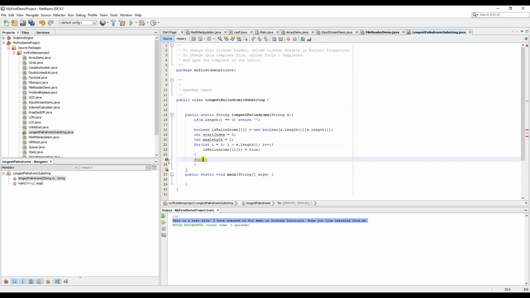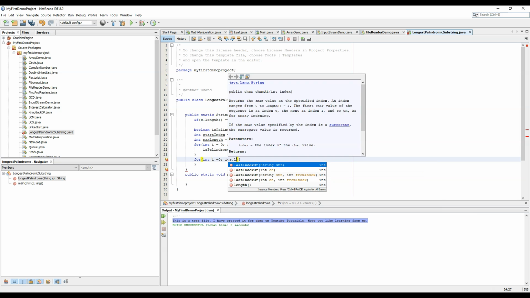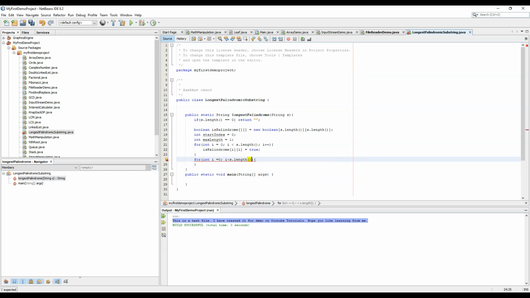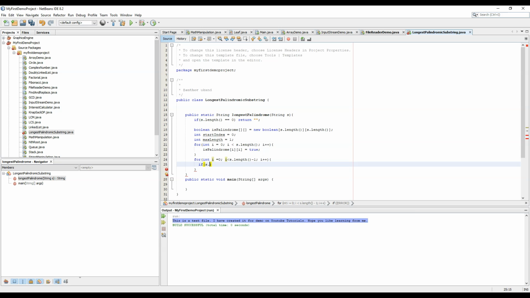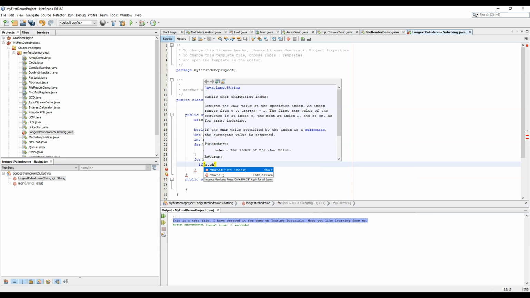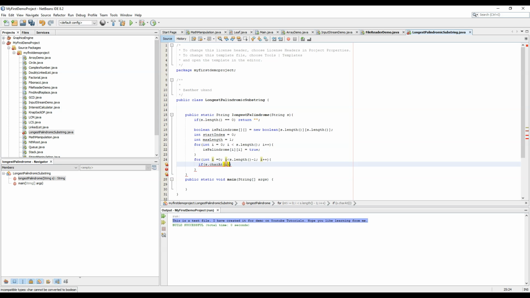So for int i equal to 0, i smaller than s.length minus 1, i plus plus, and now if s.charAt(i), for a string of length 2, equals s.charAt(i plus 1).